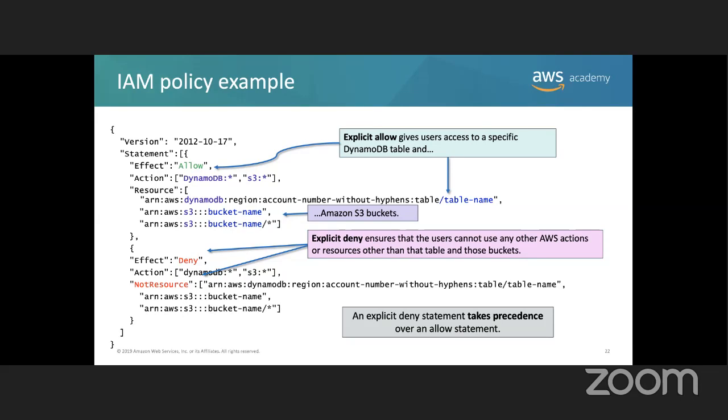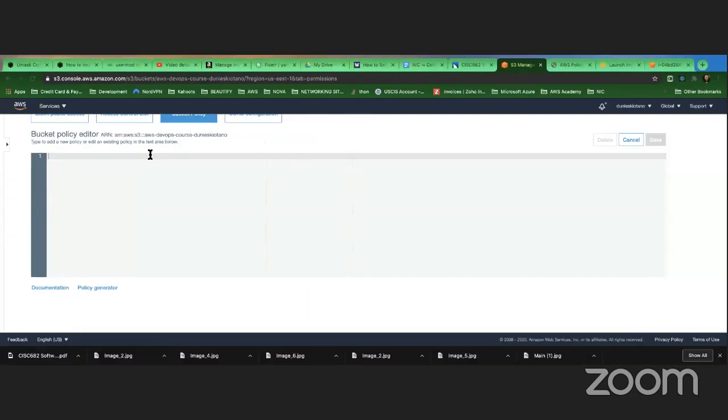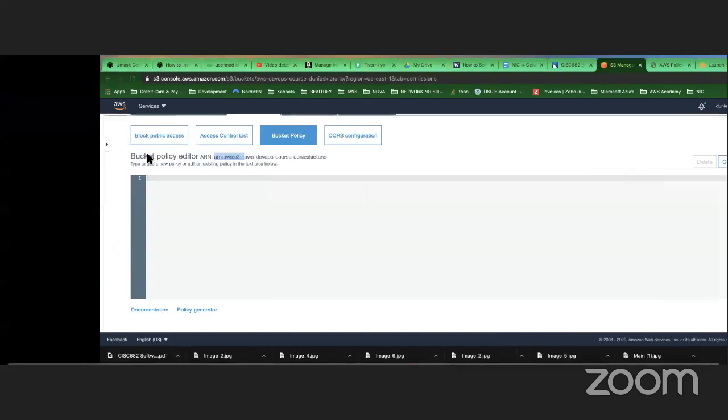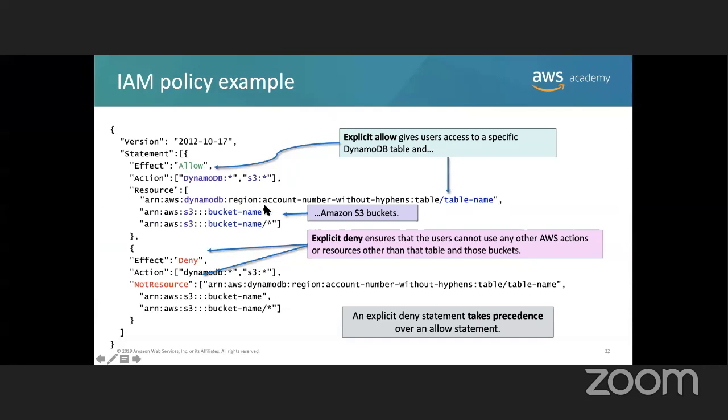In the case of the bucket, it also has the region, also has the number, and has this dot, and then the name of the bucket. So for the DynamoDB it is the region, and for the bucket it is the dot, bucket. All right, that's very important.